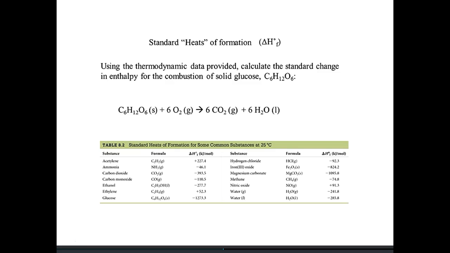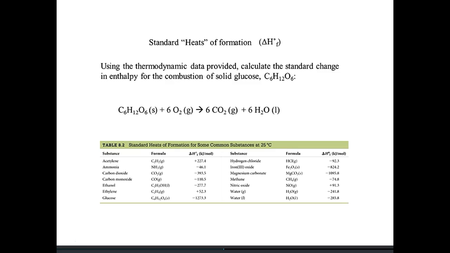So whenever you're trying to calculate these, remember that delta H is... anytime you have a delta, think about it as final minus initial. So in a chemical reaction, the final state is the product state, and the initial state is the reactant state. So that might help you remember that when you're calculating the delta H for a reaction given heats of formation,